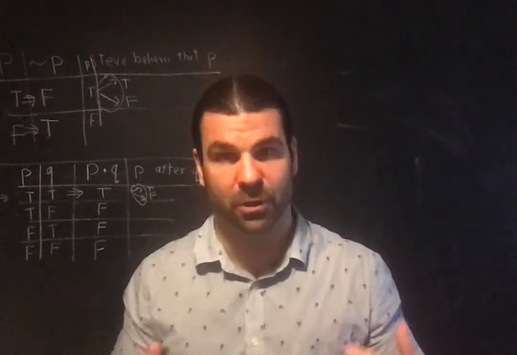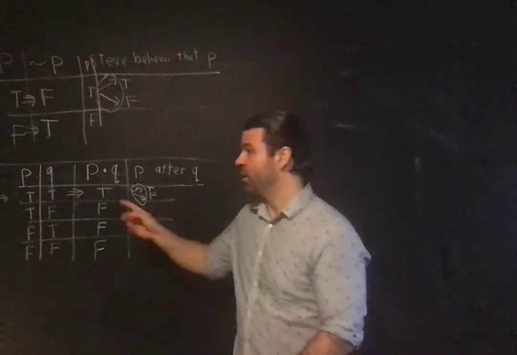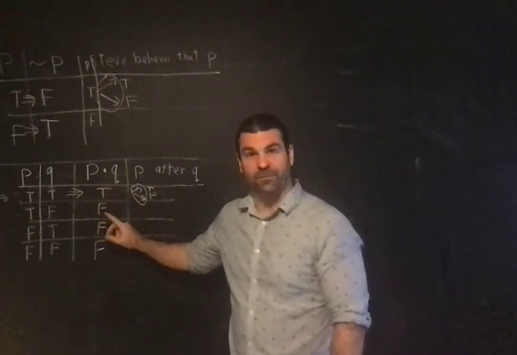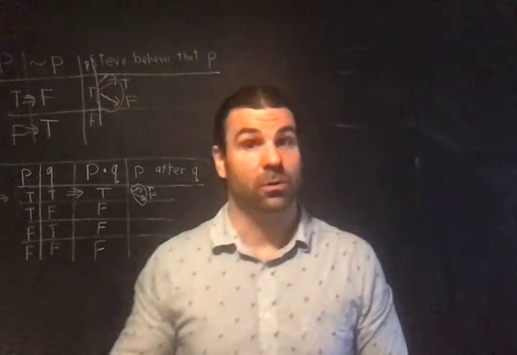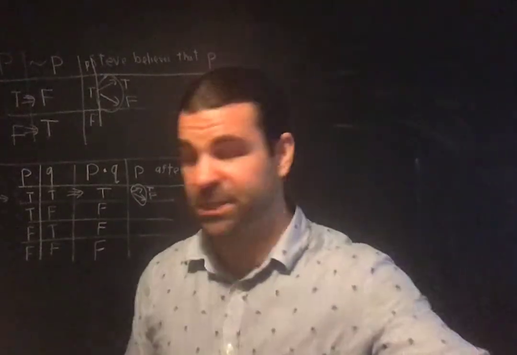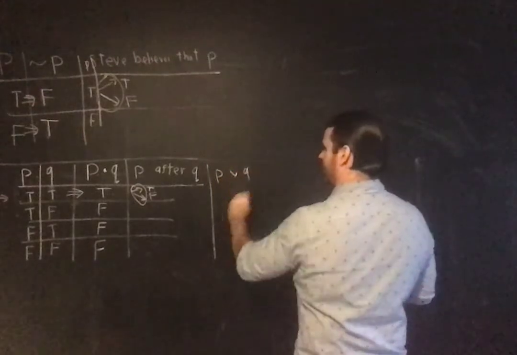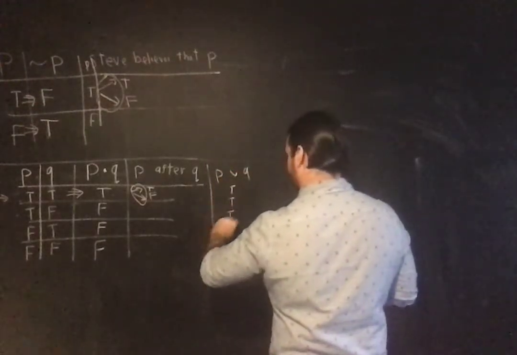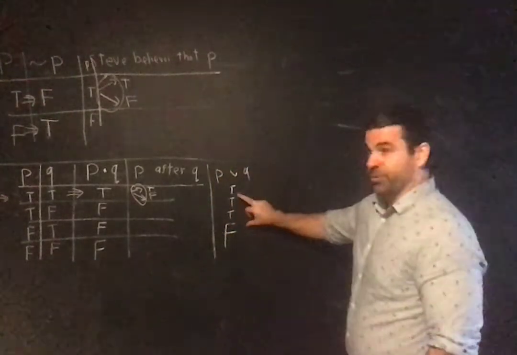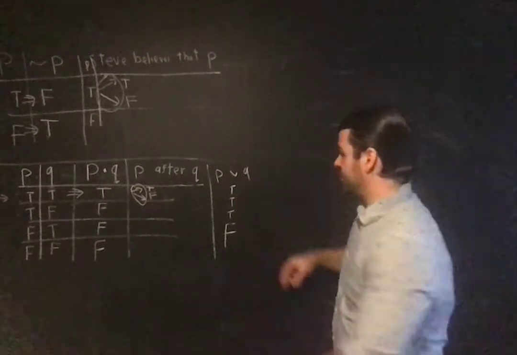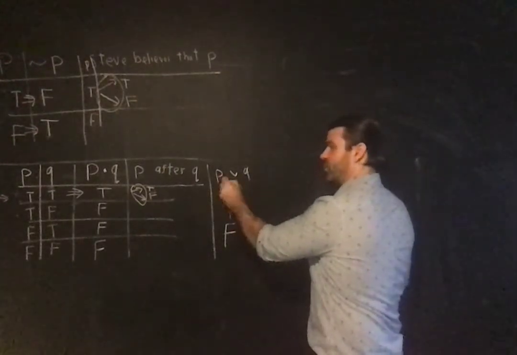Right? The conjunction is true when both conjuncts are true and false in all other cases. Or the disjunction, the truth table for the disjunction, P or Q. It's true, true, true, false. You can read through the discussion in the book as to the justification, especially for this row, where both are